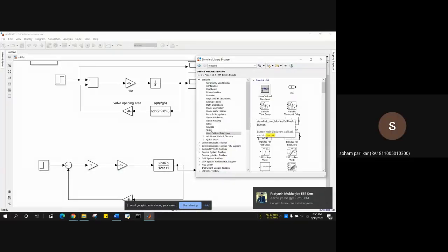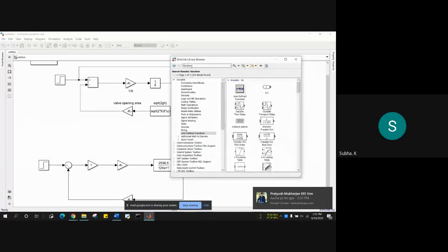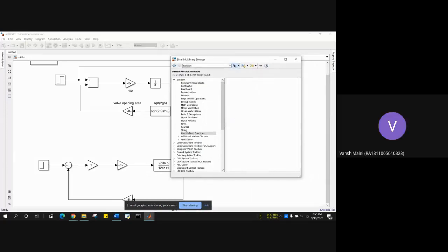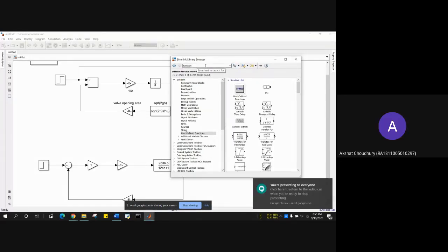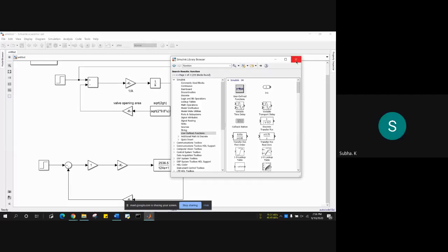Akshat, show the first scope graph. No, just FCN you give. Ma'am, can you show SQRT again? Yeah, see, I opened the MATLAB. Ma'am, should I stop displaying the screen? Have you shown FCN? I am not able to see the FCN block in your toolbox. You tell them where it is.